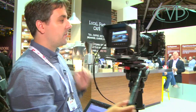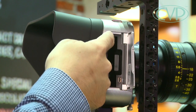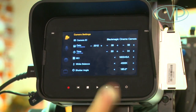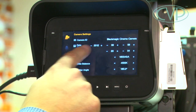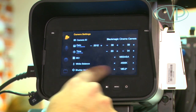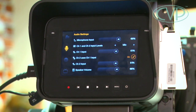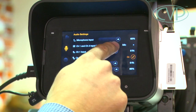If I swing it around the other side, we have our recording media, which is an off-the-shelf solid-state drive, 2.5 inch. We have a menu setting, and in here you have a number of buttons. So for example, the camera ID, the date, the time, the ISO rating, or as people know it in sort of VNG world, your gain setting, white balance, and also shutter angle. We also have control of audio, so remember we have these external audio inputs, so we can adjust the input and output levels,